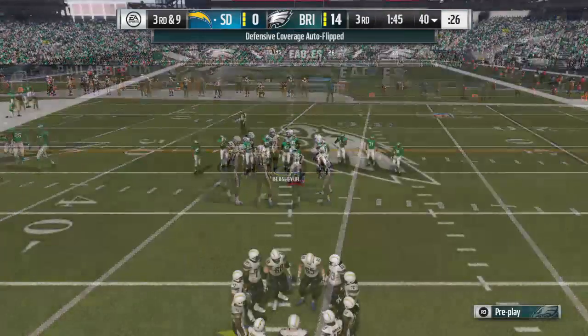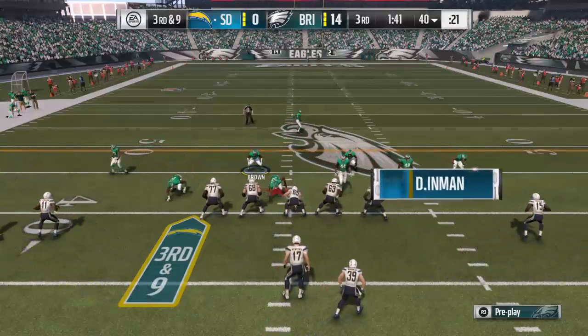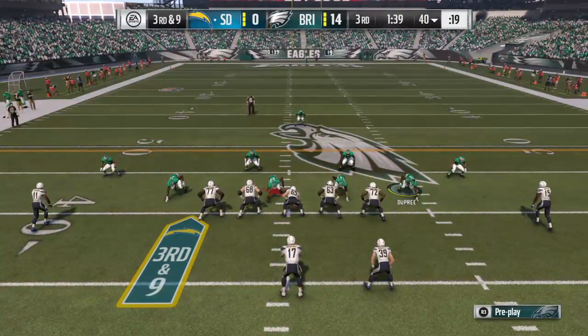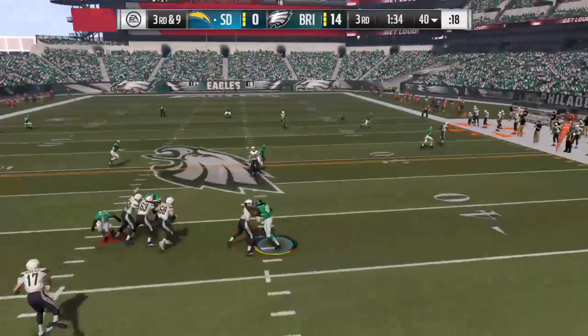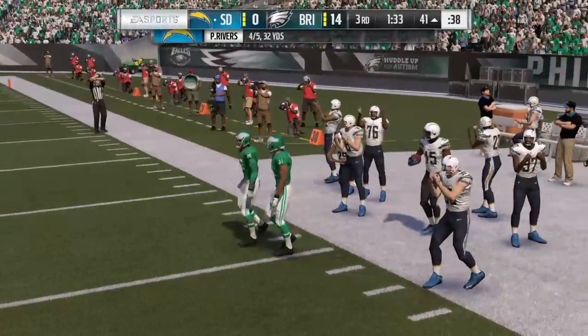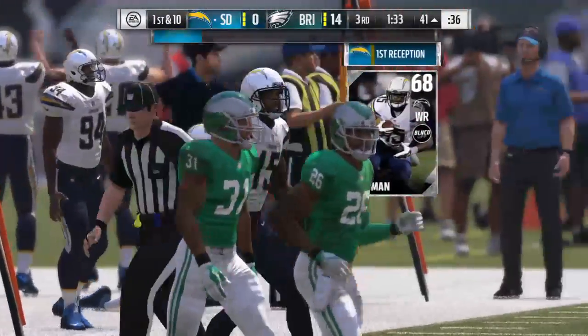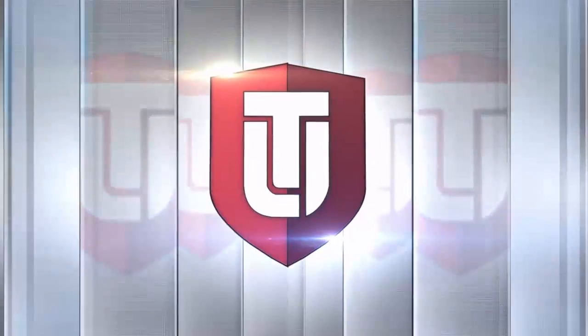Tough day, tough sledding right there, and it's been that way the entire game. Not a whole lot of room to ramble for him. Yeah, you're right. It's been that way all afternoon. Didn't get a whole lot better there. And he'll be out of bounds just shy of the 40. He got 18 yards out of that one, and it gets him a new set of downs. And that's how you pick up a first down. Not only did